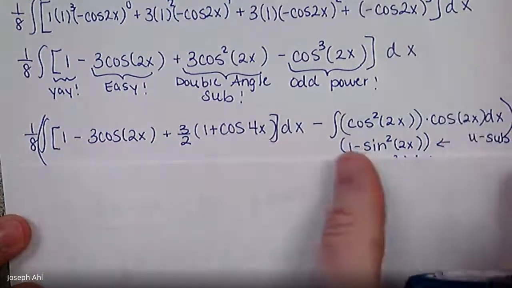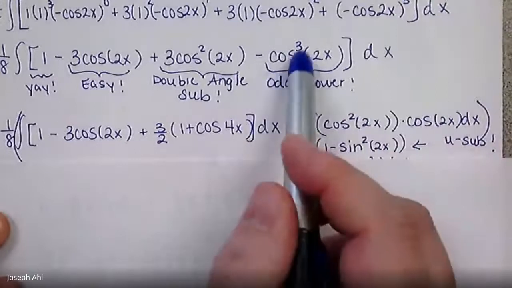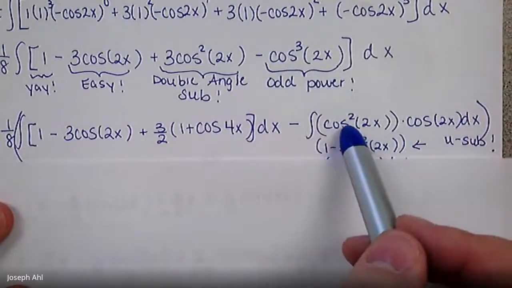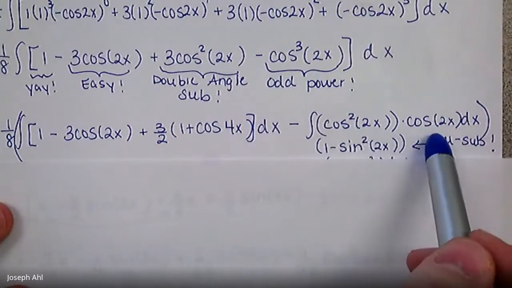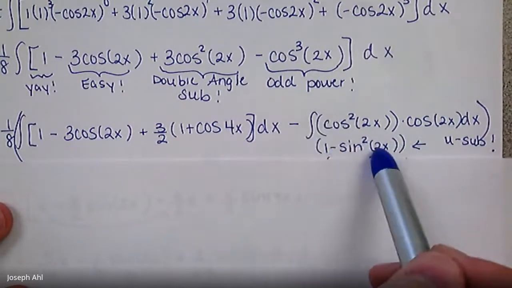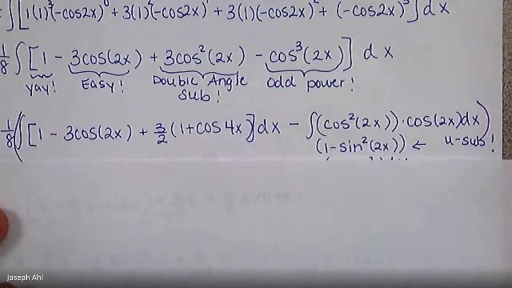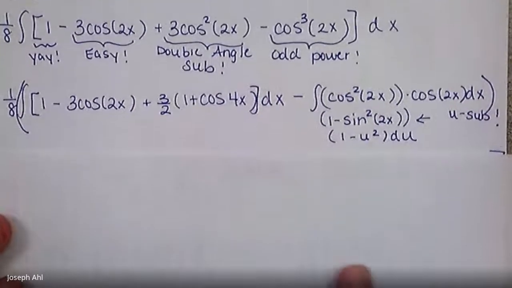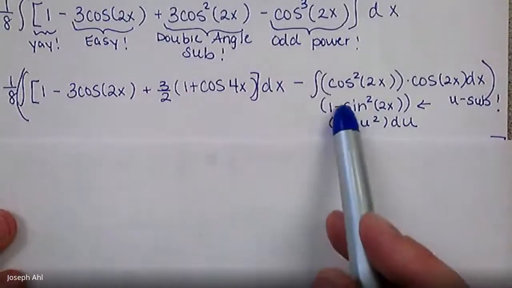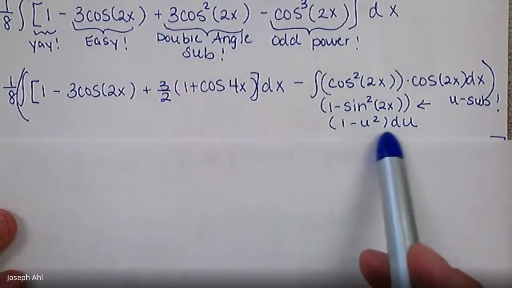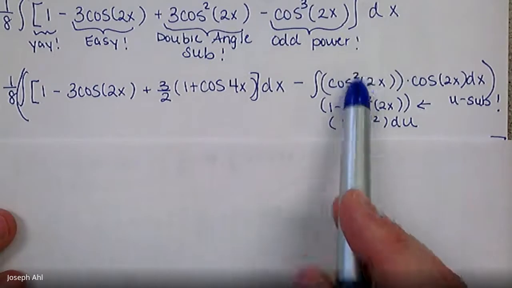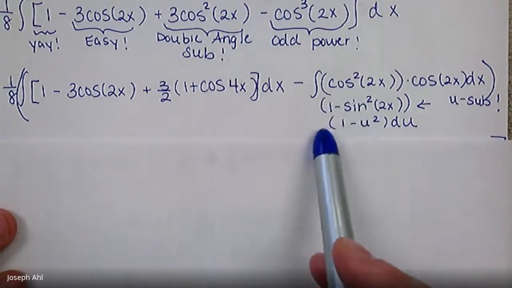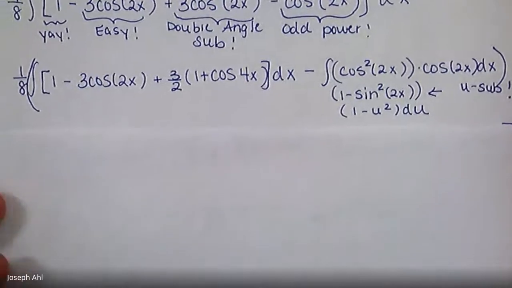Okay. The end here, though, when you do cos cubed, this is what you maybe filled in at the start of today's notes. The integral of cos cubed, make it cos squared times cos. Change cos squared to 1 minus sine squared. Do a u substitution, where u is sine of 2x. And then eventually you can integrate this much easier than what we're currently looking at right here. Now I'm not going through the whole process here of showing you what this end integral would turn out to be with our u sub, but I'm going to write down in the next step